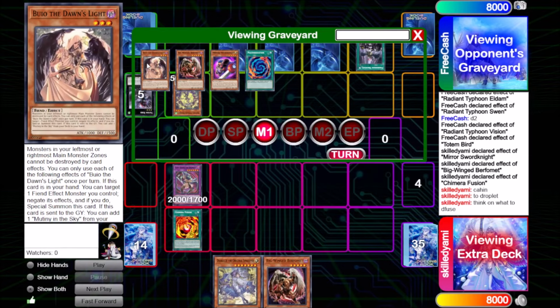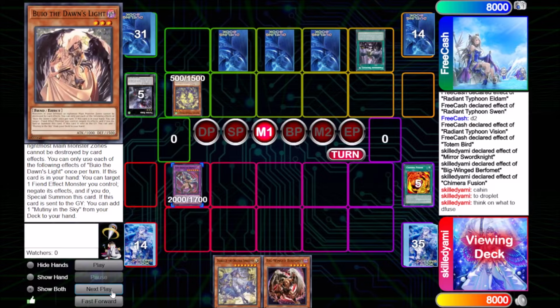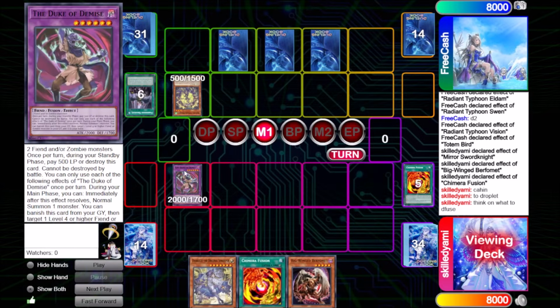But on the other hand, triggering the Buyo is really cool because now I have the ability to just search the Mutiny in the Sky, which can pop cards and stuff like that. So this is a good thing. Yeah, I decided to go for the Duke of Demise. Then he negates the Duke of Demise. I think the reason why I went to the Duke of Demise is because I knew it would be negated,